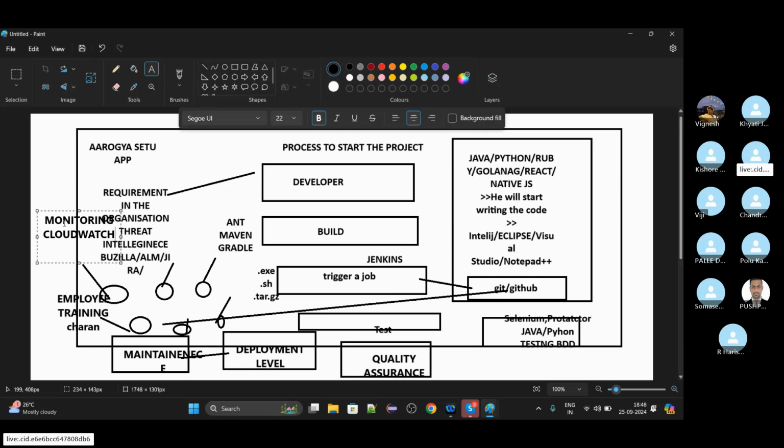Once it reached development, they finalize the code. Then they figure out the studio they want, then use a repo where the code will be available. Then it came to automation testing, then manual testing, then deployment at the customer end, then maintenance, then employee training, and then the cloud. This way, the whole software development life cycle works.